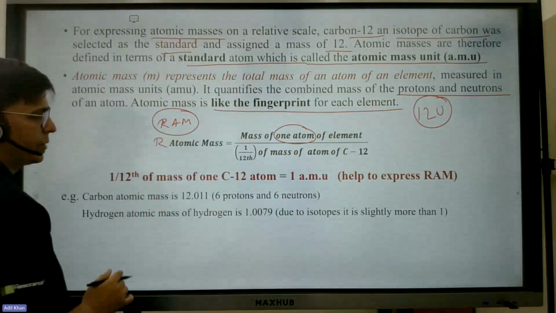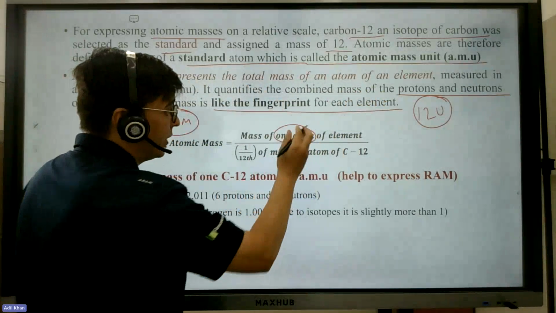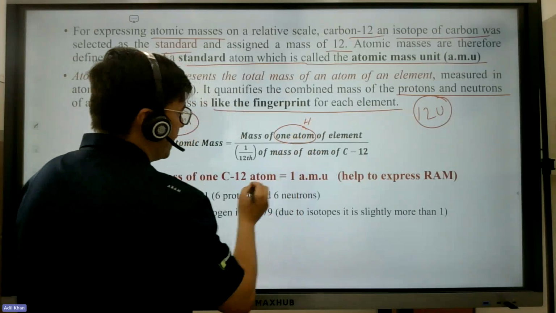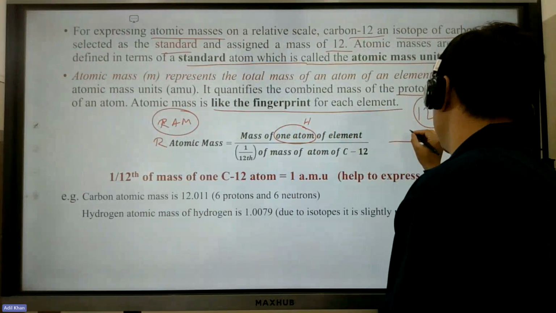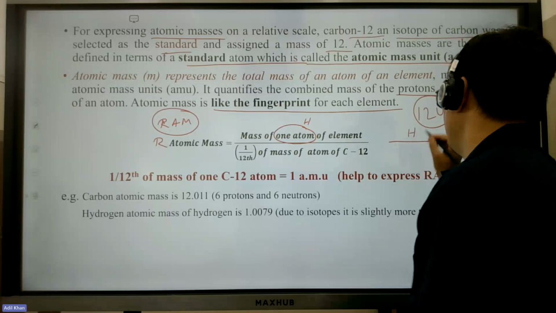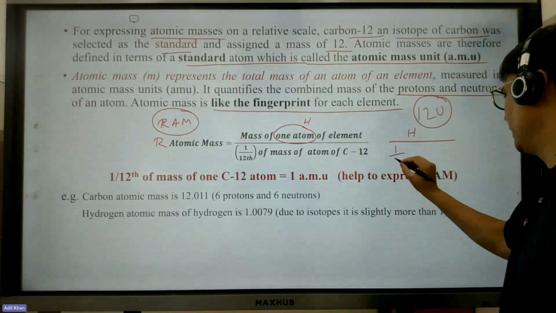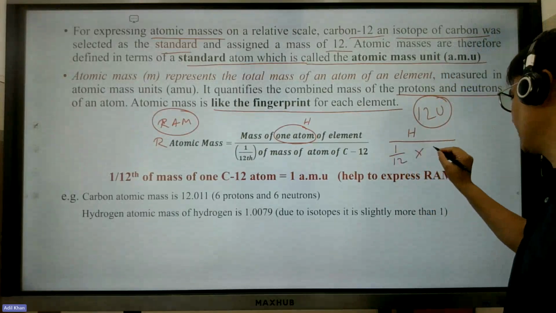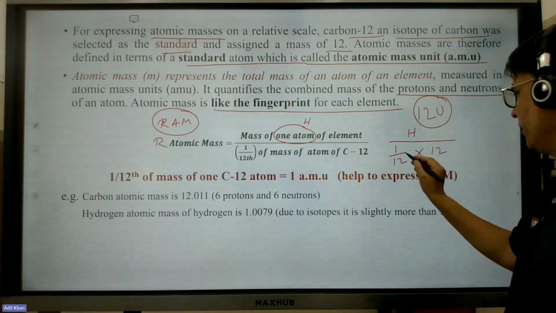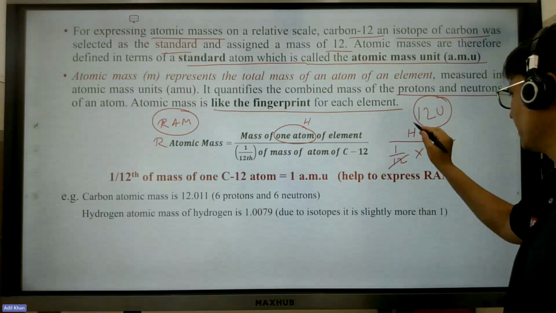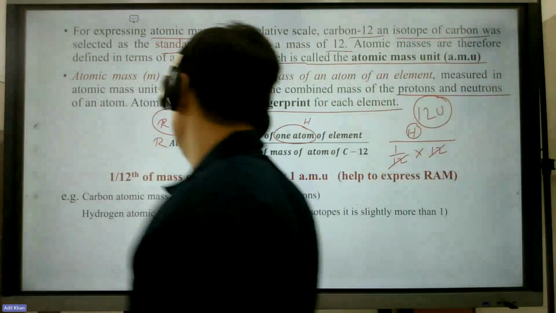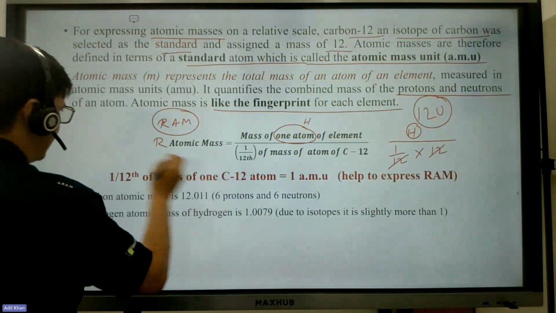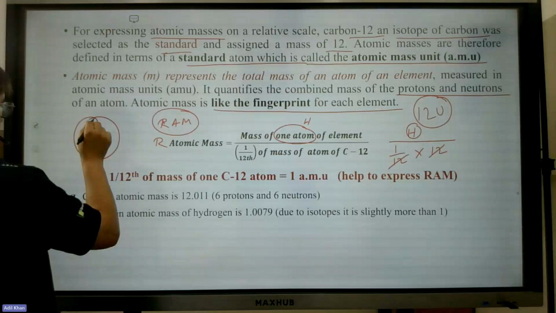Again, relative atomic mass is what? Mass of one atom of an element, for example, hydrogen, by 1/12th mass of carbon 12. Carbon 12 mass is 12, so these two will cancel each other, and whatever is the mass of this, you will get it. Now 1/12th of the mass of carbon atom 12, this part,